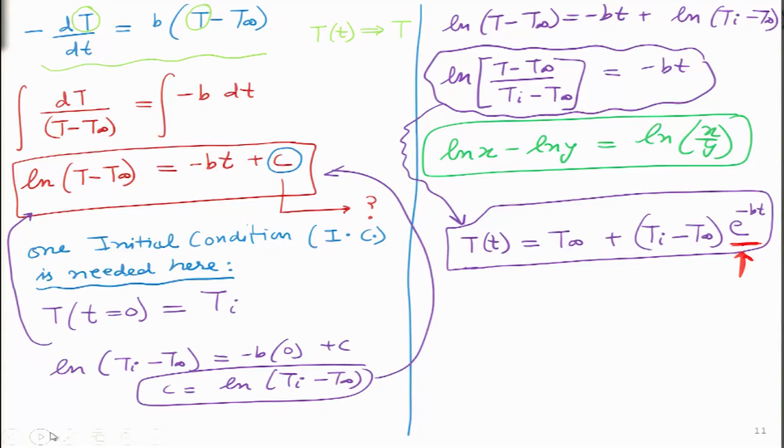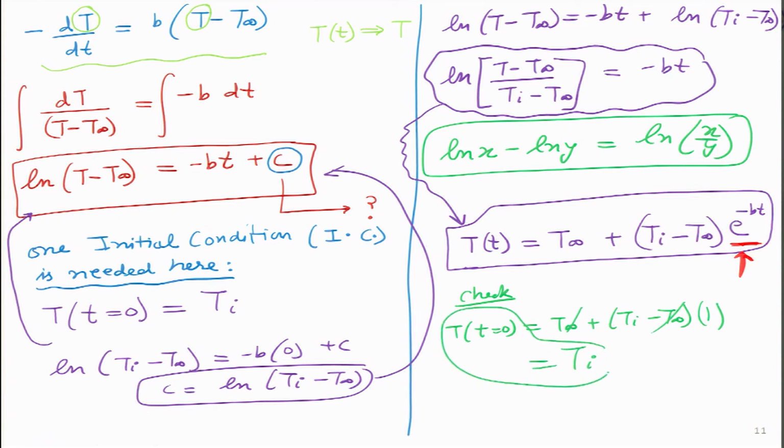It's very interesting what we are seeing over here, and we can do a quick check as well. What is the check we want to do? Let's put in time t equals 0. At t equals 0, the first term is T infinity, the second term is Ti minus T infinity, then e to the power 0 is 1, right? So we just multiply by 1. So we have confirmed that at time t equals 0, our copper ball is initially at Ti, which numerically we remembered was 80 degrees, but we don't need to remember it, just Ti is sufficient.